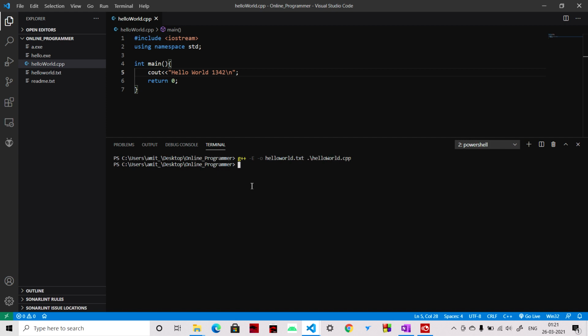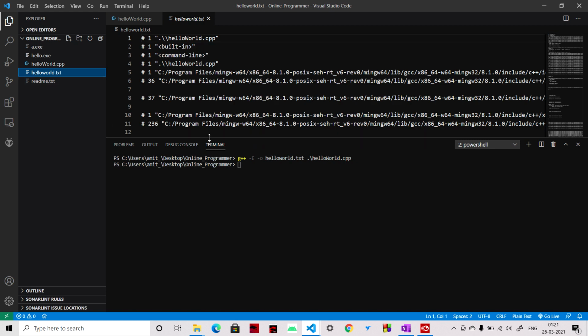When this code runs, you can see hello world.txt is generated. Now see, this is a 7-line program here, and when we look at the output, this is a very big file.